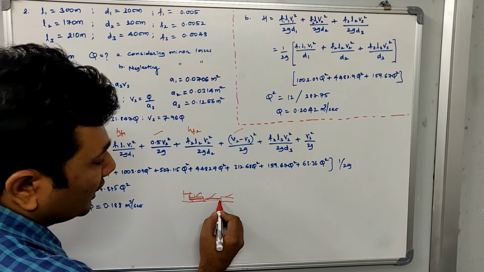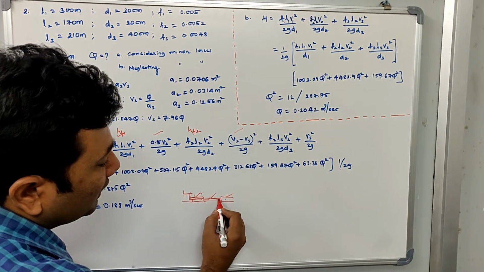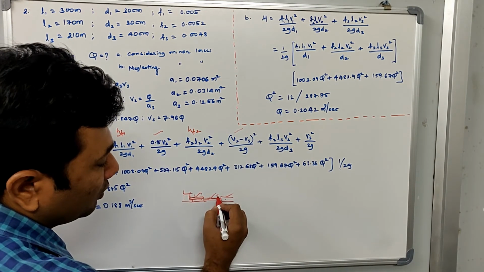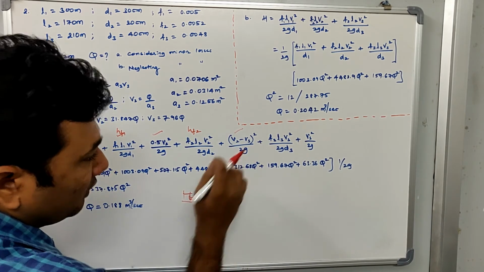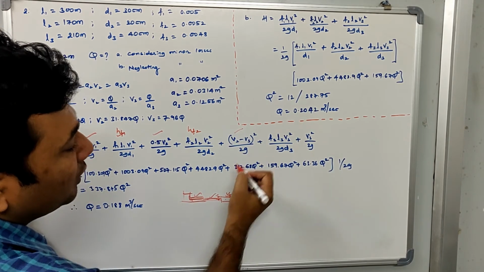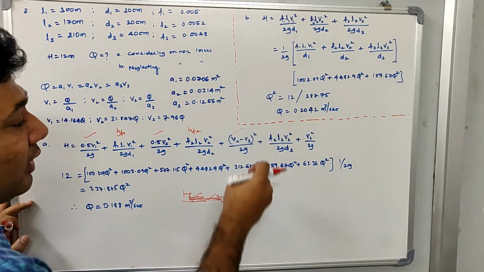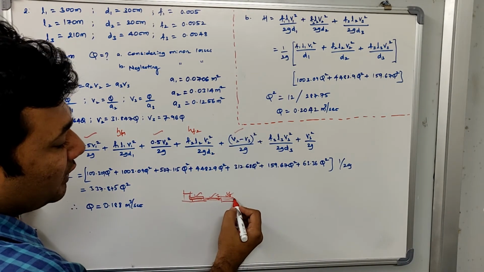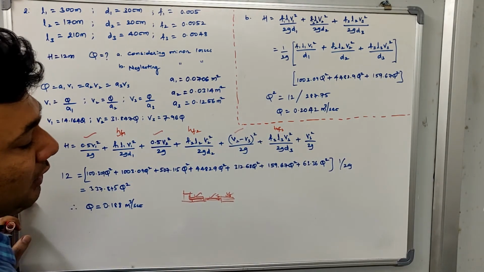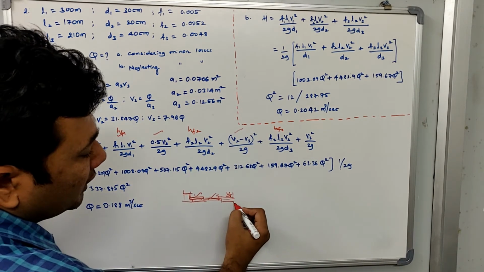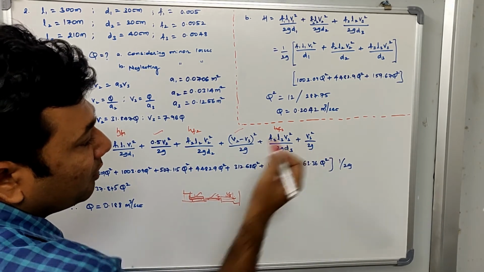Now there is an enlargement taking place between pipe 2 and pipe 3. The velocity in pipe 2 is V2, and the velocity in pipe 3 is V3. I need to consider these two in this equation. So V2 minus V3 whole square divided by 2G will give you the head that is lost due to enlargement. Okay, now this is done. Again the water flows in pipe 3. This is your HF3, the head loss due to friction in the third pipe, and after that the water enters into the tank, right? So this is the exit loss. The exit loss should be equal to V3 square by 2G.